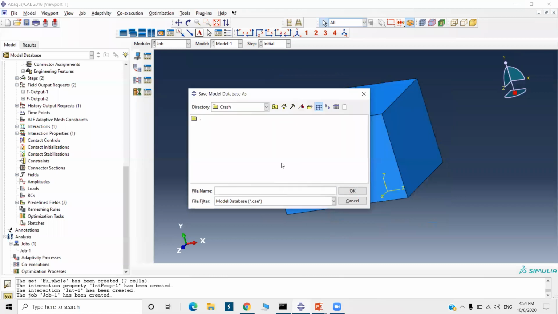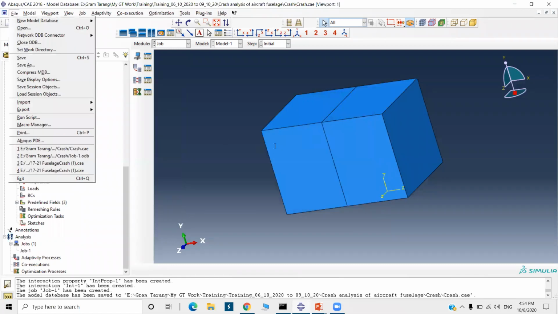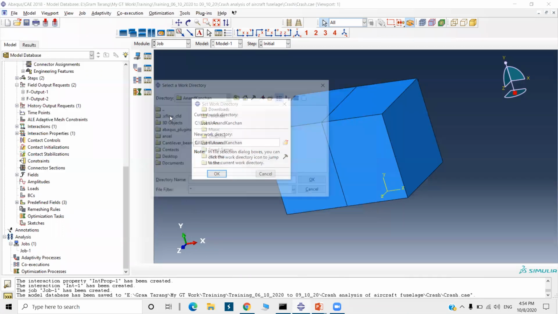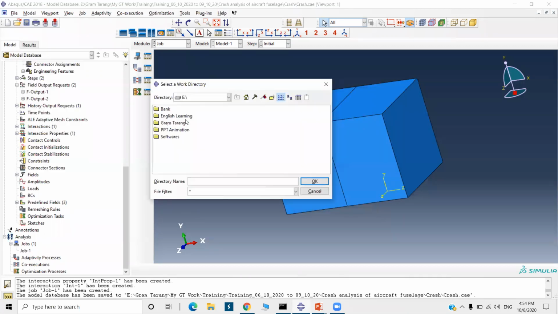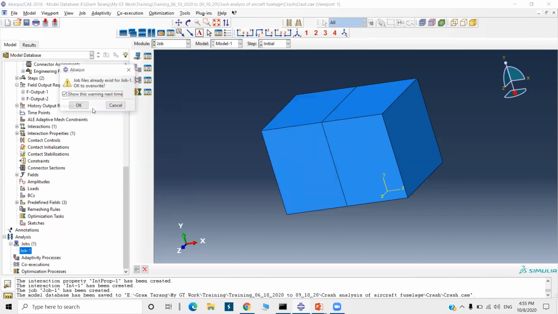This is bird strike actually. Get the work directory here. Okay, I will change the work directory. I have to change it. Yeah, I'm going to run the simulation now. Submit it.